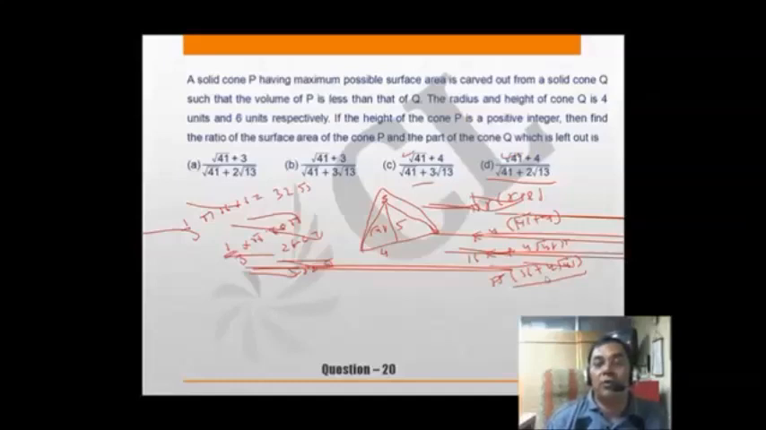And part of the cone Q which is left out is, oh my god, they have to calculate the surface area, because it is not the volume. Which is left out. That means earlier area plus new area. Okay, it is not about volume. That means obviously the area will be